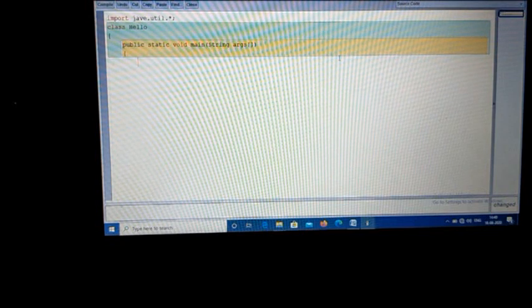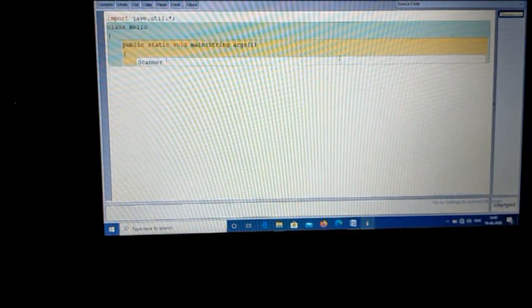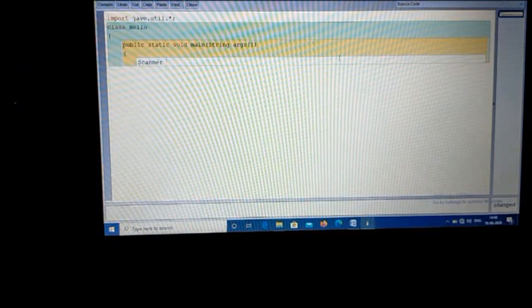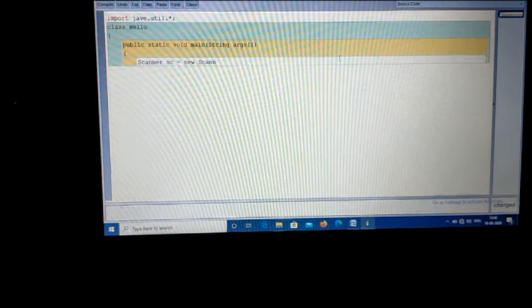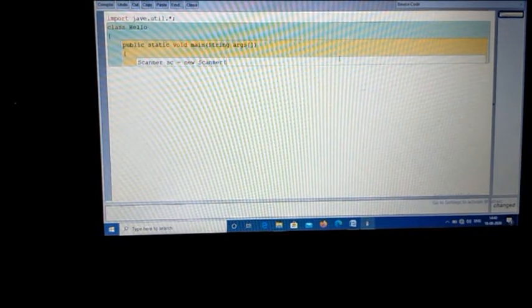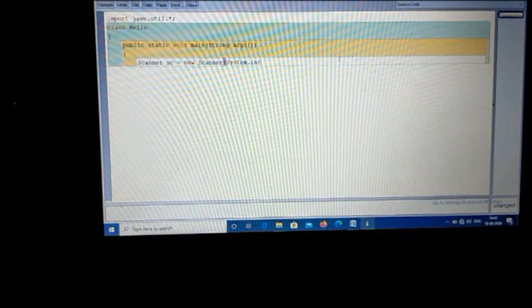The java.util.* package contains the Scanner class. Now you have to create a Scanner object. S is capital, S C A double N E R, Scanner. You have to provide a name, that is a user defined name. As per your choice, you just put the name. I have put it here: sc equal to new Scanner, and within brackets you have to write System.in. Remember students, Java is a case sensitive language.